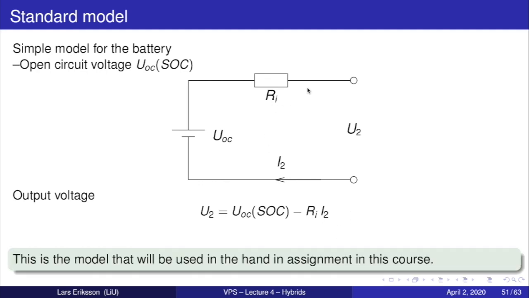You need to account for the inner resistance so that you account for the power losses that we have. Then we will have a simple relation for the open circuit voltage. We will not look at open circuit voltage variations, but you must be aware that they are present in electric vehicles. In the next slide we will look at how this terminal voltage changes when we start to apply different